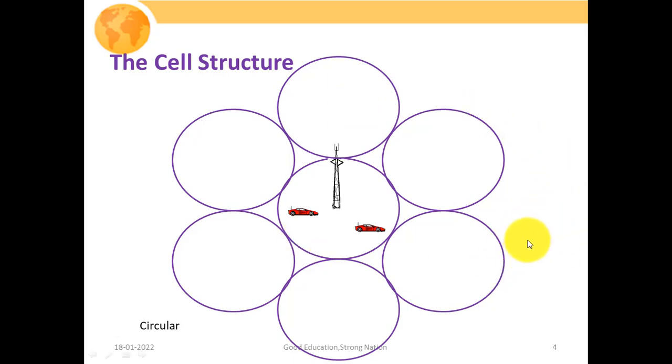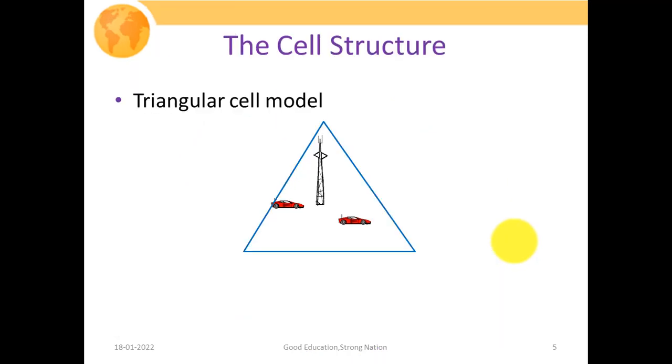So the pinpoint while considering this circular cell structure is that we will have lots of void spaces where we will not have coverage of any base station. That is why we should not use this shape for our cell structure. Then the second two-dimensional structure that has non-overlapping regions is the triangle. That is, we can also have a triangular cell shape.